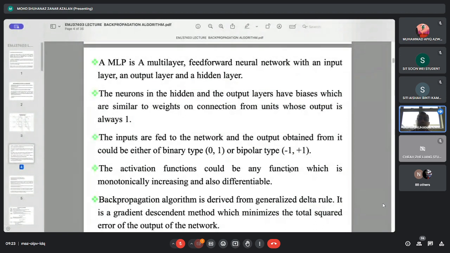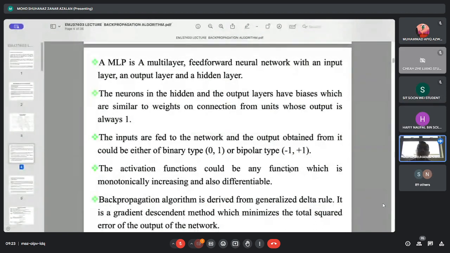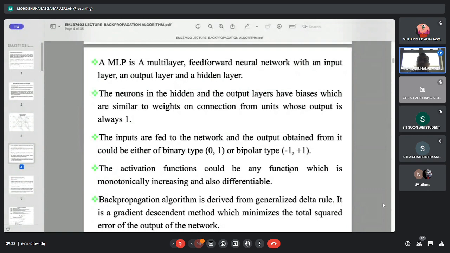Binary means the data is 0 1 0 1, or bipolar type means the data is between -1 and +1. Okay,